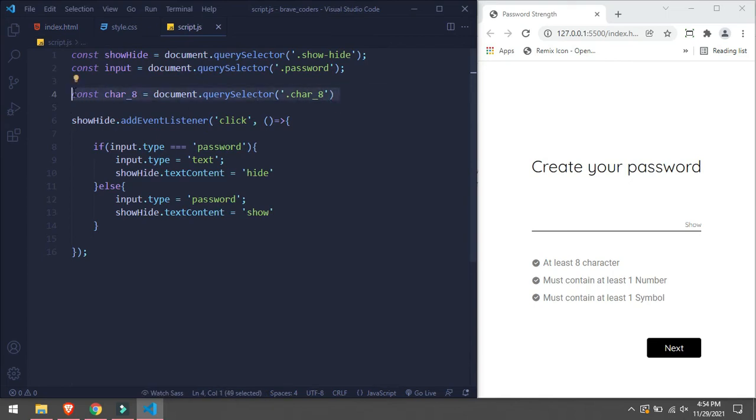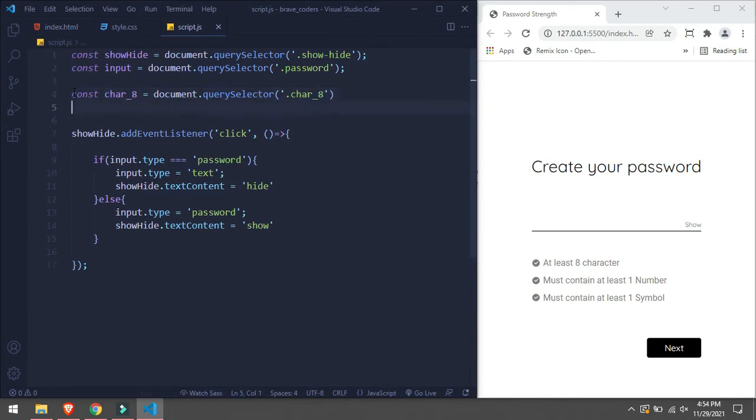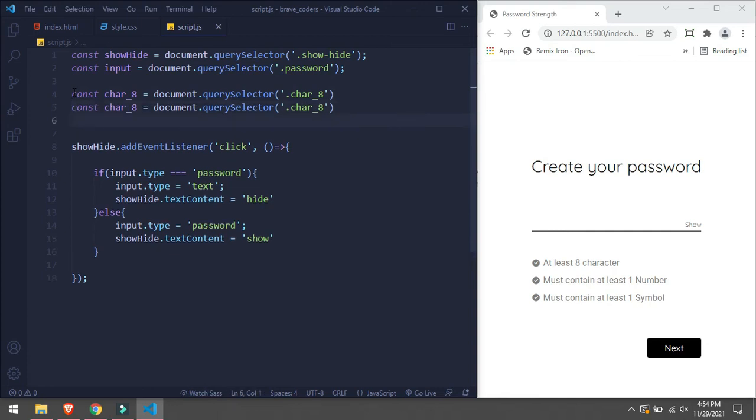Okay, this is it. Now we are going to copy two more times, this time number, this time symbol.